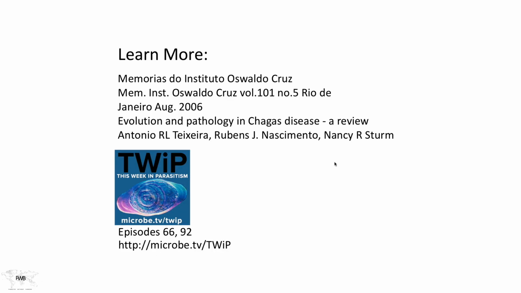There's lots more to learn, of course, about this infection and about its epidemiology and about the way it affects people. And it has restricted where people live, just as African trypanosomiasis has done as well, only not on such a large scale. So the evolution and pathology of Chagas disease is nicely summarized in this, I would say, not so recent review article, but it is a rather complete article in terms of covering all of the aspects of this. Some of them have advanced since then, but it's the best review out there.